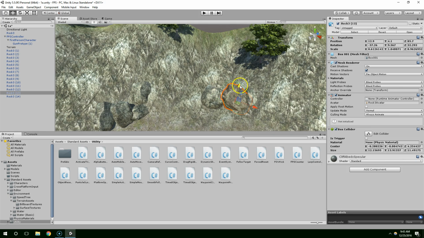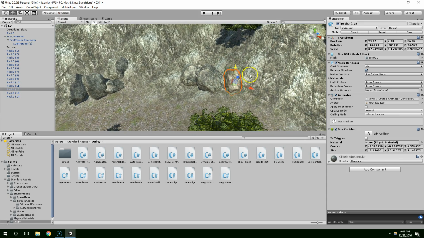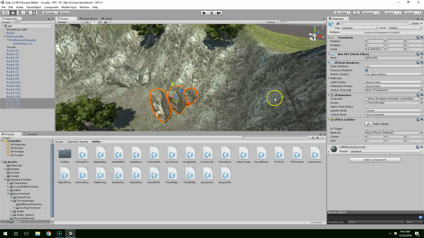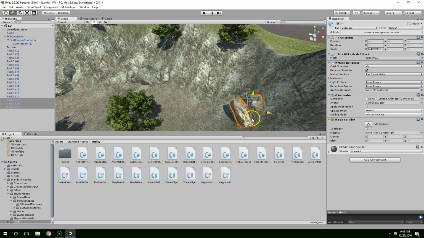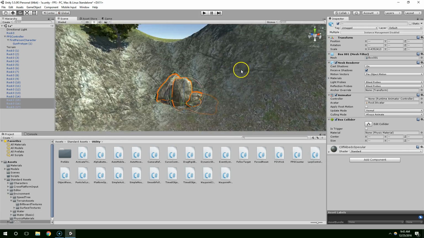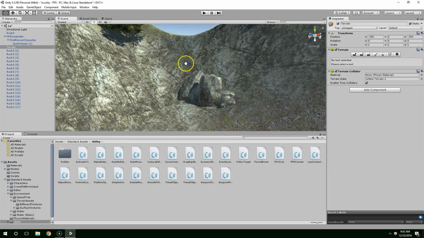And if you don't like the rocks I built, there's plenty of rock packages on the Unity Asset Store. I highly recommend checking out the Asset Store. It's really quite fantastic, actually. There's a lot of free stuff on there, and if you find rocks that you like, you can do the same thing I did,